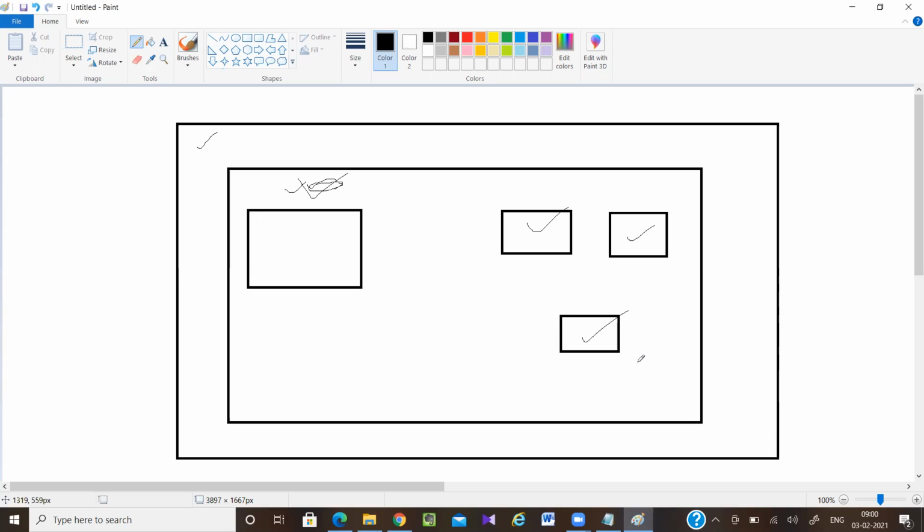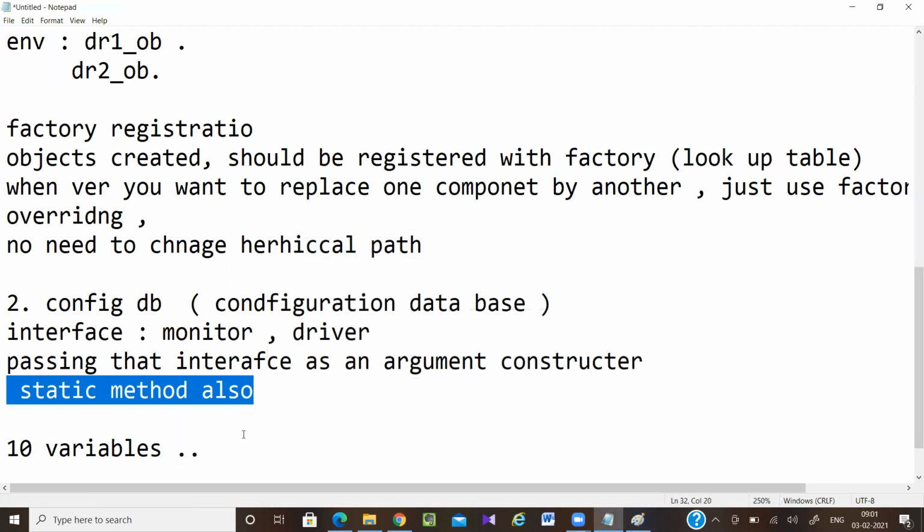Let's say you want all the classes to access that variable. Okay, so you can store it at the top. If you store it here, then this class can access, this class can access, this class can access. So config db is a mechanism